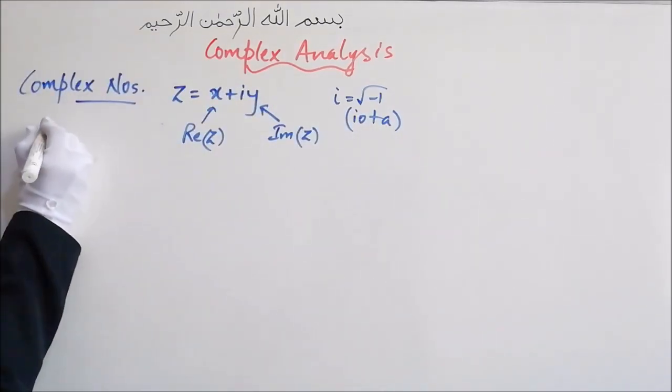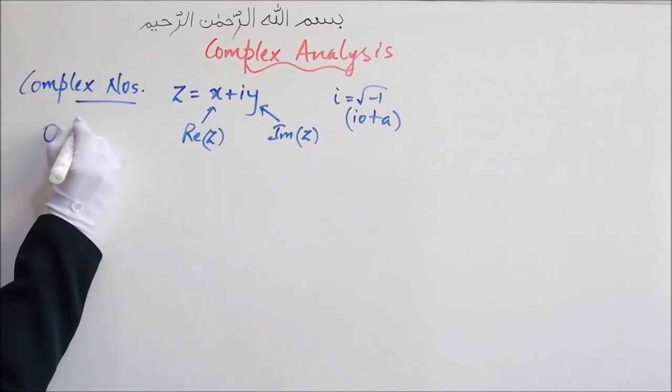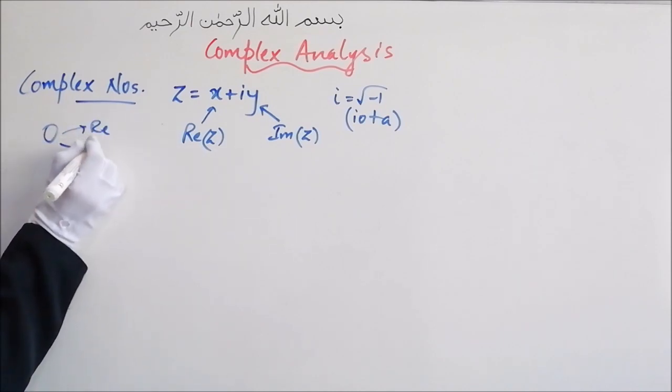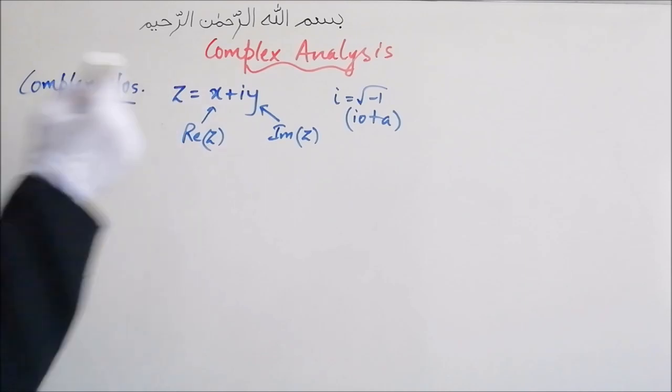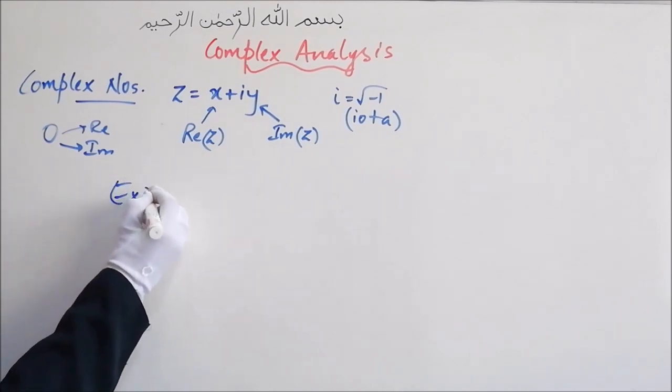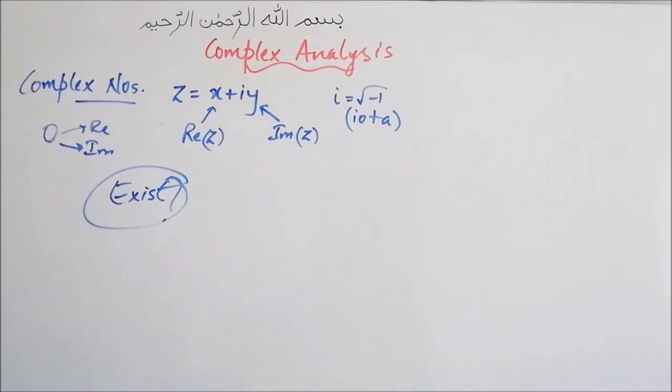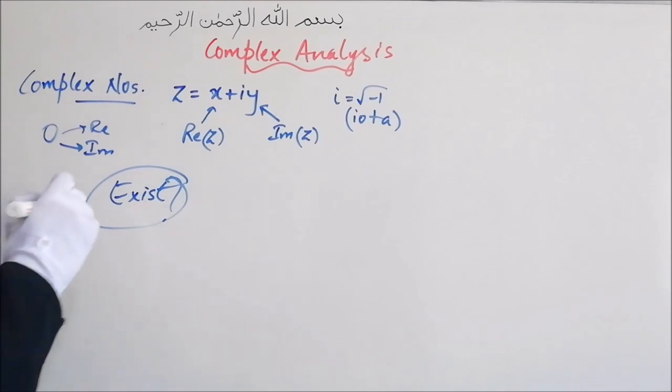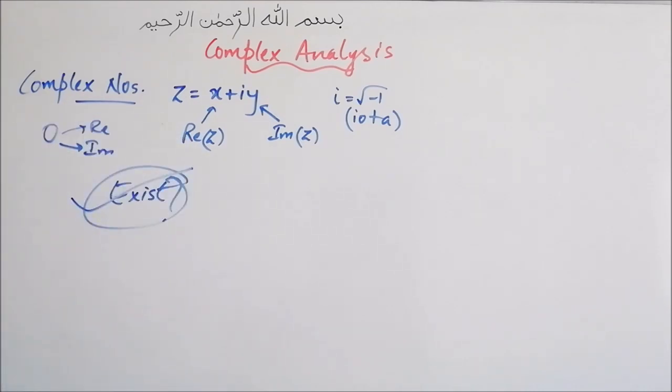Now 0 is both a real number as well as an imaginary number. Thus either part in the complex number can be 0. Now the big question that most of us have is why and where do we use complex numbers? We know real numbers. What about imaginary numbers? Do they even exist? Well, the answer is yes, they do exist in the real world.